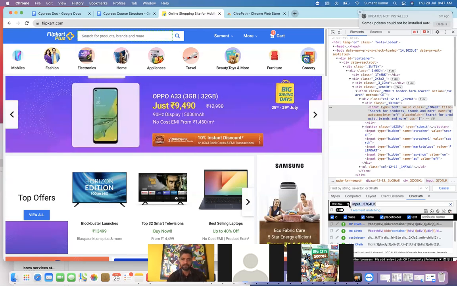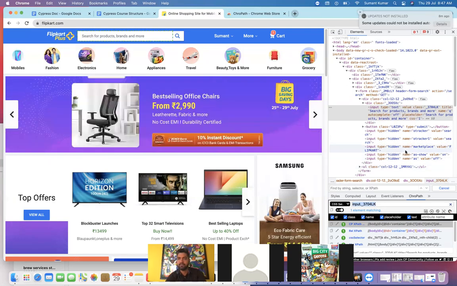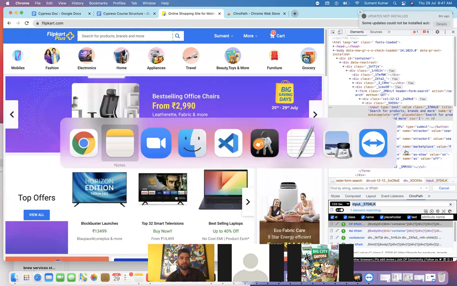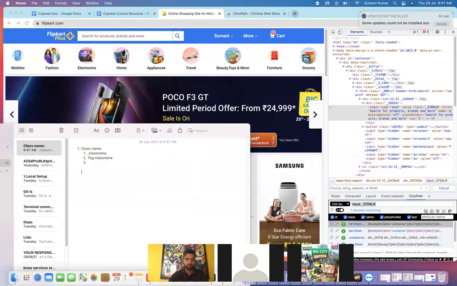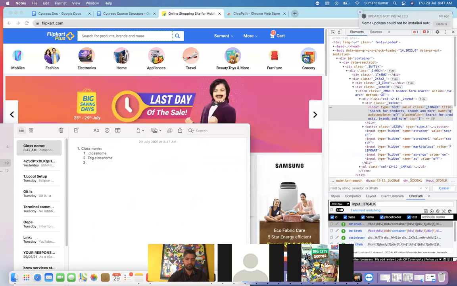Okay. So this was the class name. The second thing is the ID. How can we write with the ID? Let's see with the ID.